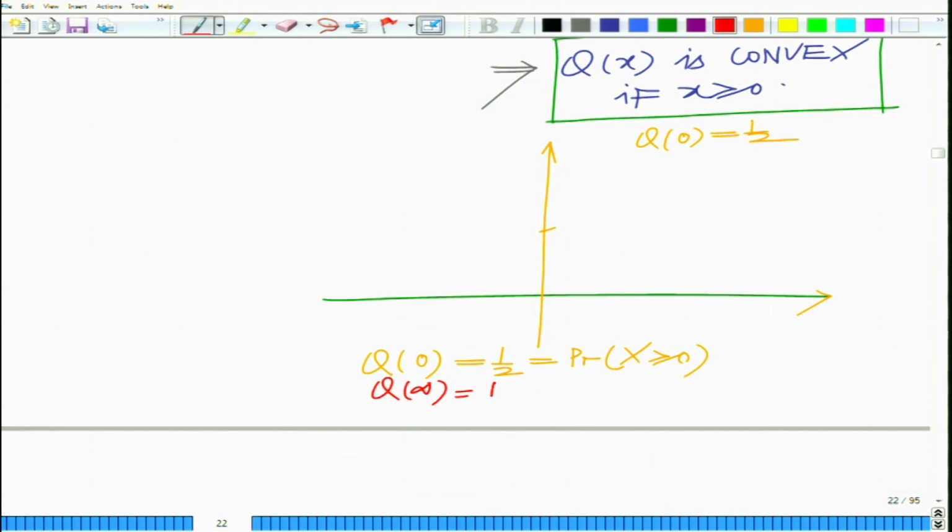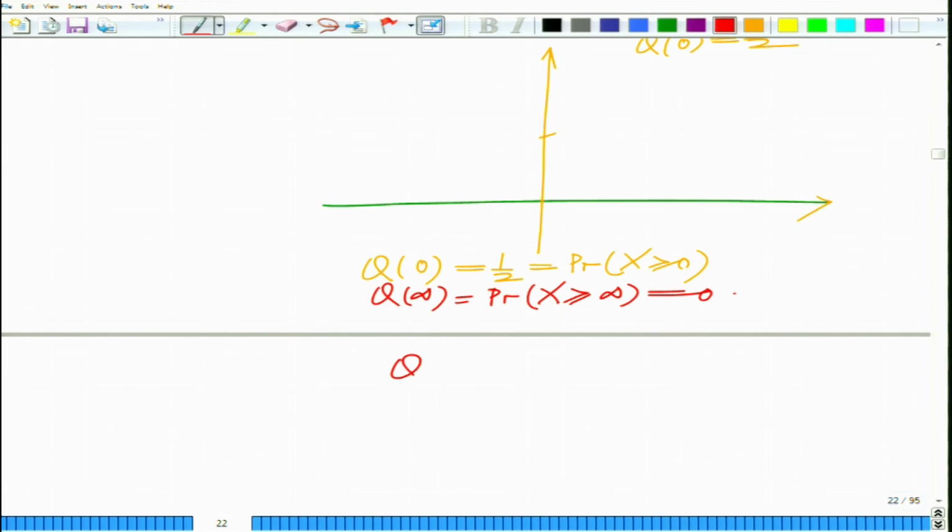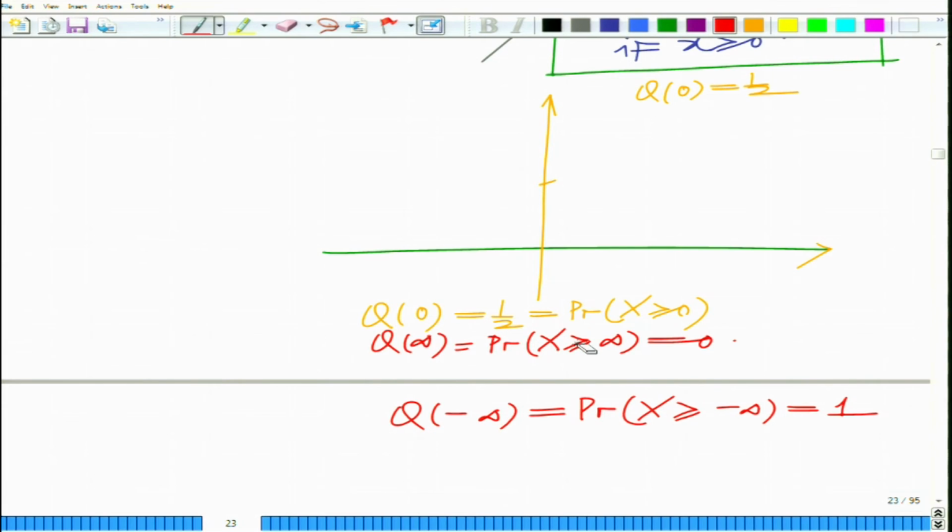Q of infinity equals the probability x greater than or equal to infinity equals 0. So, at infinity it is 0. Q of minus infinity equals the probability x greater than or equal to minus infinity, since it has to be greater than or equal to minus infinity. In fact, we can just replace this by greater than or equal to, it does not matter. Okay. So, this is x greater than minus infinity, which is 1, therefore, it starts at 1